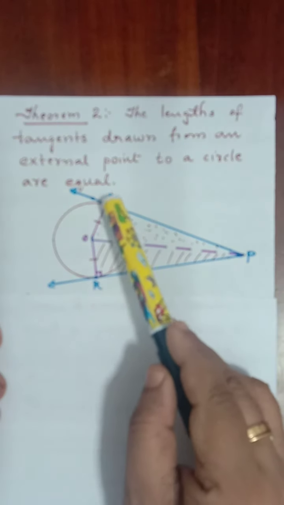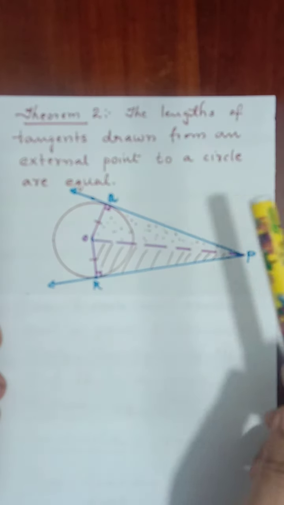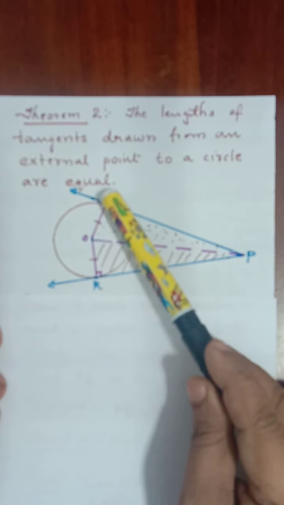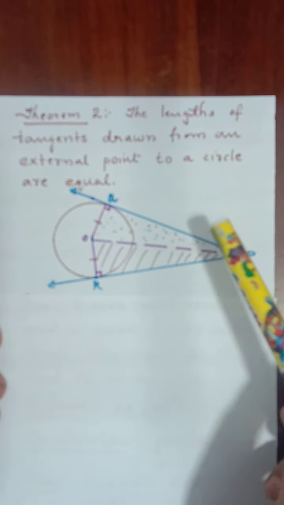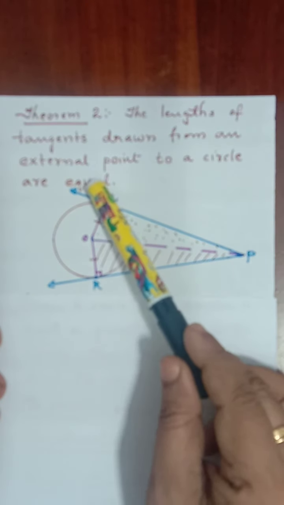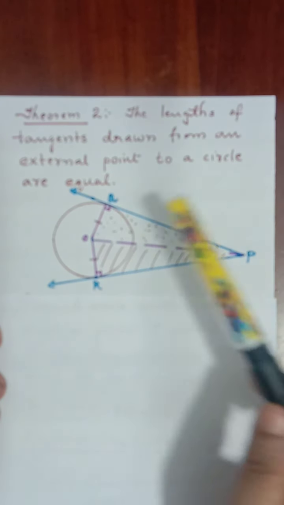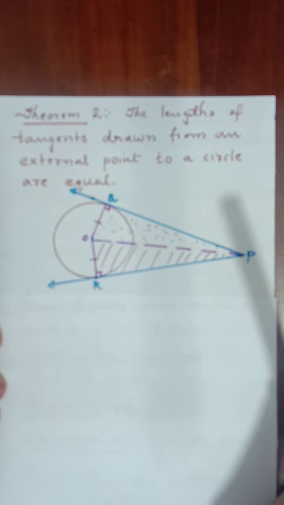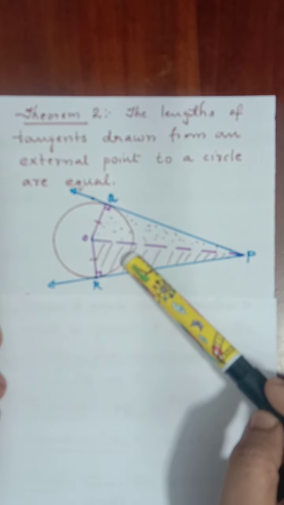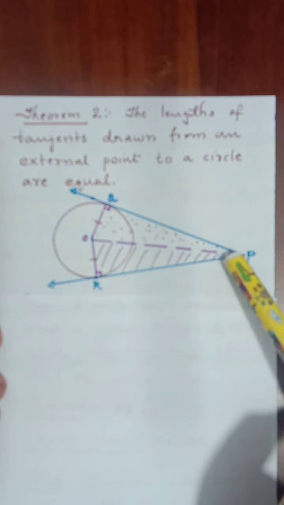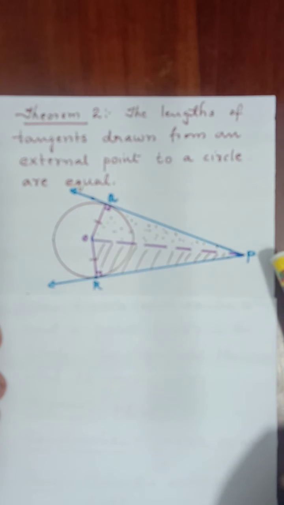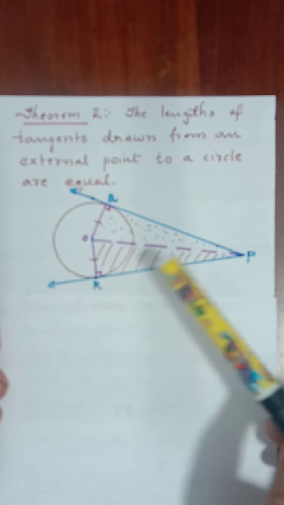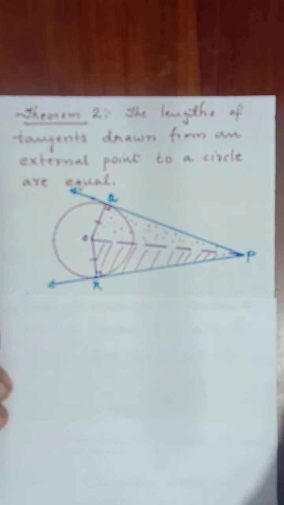Here, as you see a 90 degree here. That is by first theorem, is it OQ perpendicular to PQ? OQ perpendicular to PQ, radius perpendicular to tangent at the point of contact. So it is perpendicular or forms 90 degree. Similarly, in the second triangle also, angle ORP equal to 90 degree as radius is perpendicular to tangent. When we think of congruence theorems, by seeing 90 degree angles, first you have to think of RHS congruence.